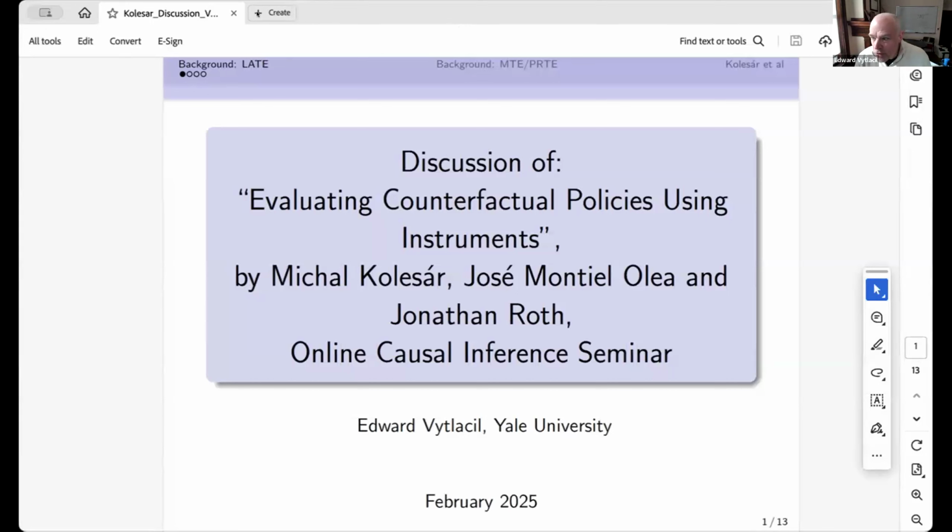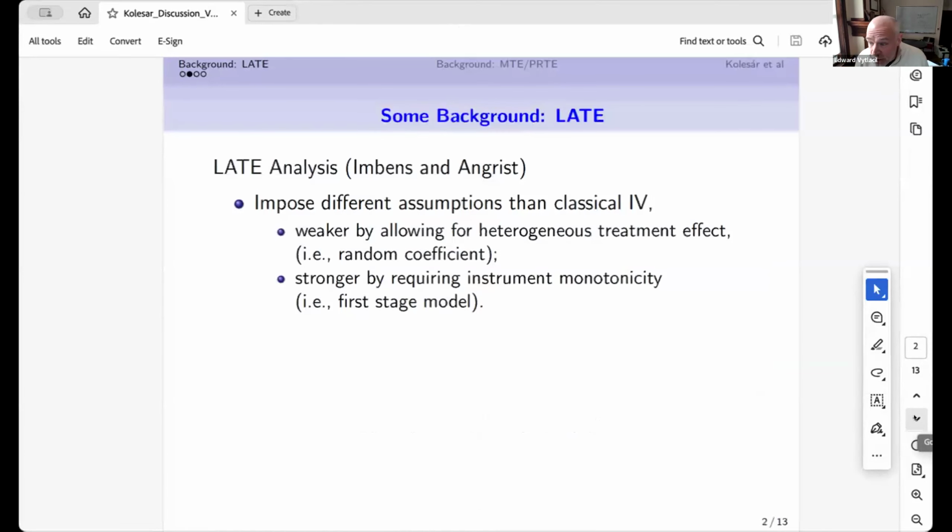So I thought it was a fabulous paper. I know oftentimes panelists, discussants say that without meaning it, but I mean it. I really like the paper. I'm going to give some background from my perspective to fit it in the literature, not very differently from how Michal did anyway. I'm going to briefly talk about LATE analysis, mostly studying the framework to how it compares to what was just done, briefly talk about MTE analysis, mostly to compare it to what was just done, and then discuss what was just done within that context.